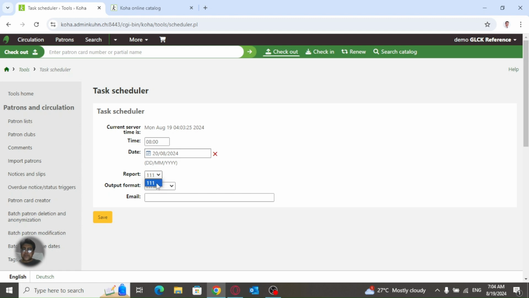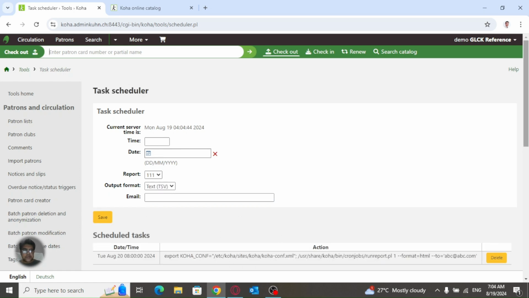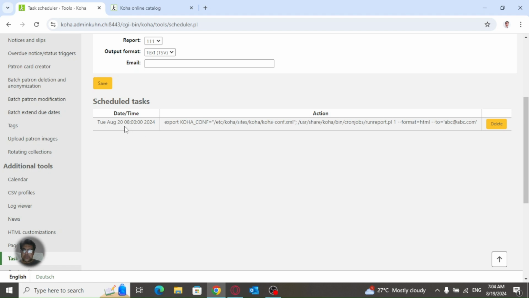And you can also select the report, but there's no report available right now in this module. So there are a number of reports available. I mean, first you need to work on reports, what report you want to send through the email to that particular person. For example, this email we use, I want to send some report like a circulation report, for example, to a librarian. So you can send and you can schedule this through this time, and you can save this, so it will automatically send the report on that particular time. Okay, so